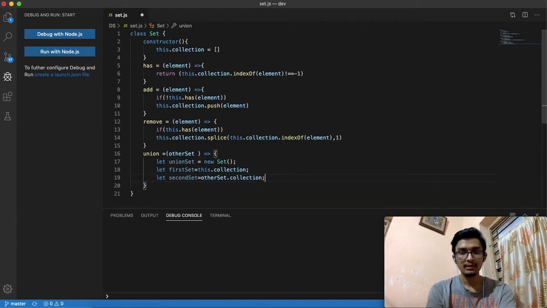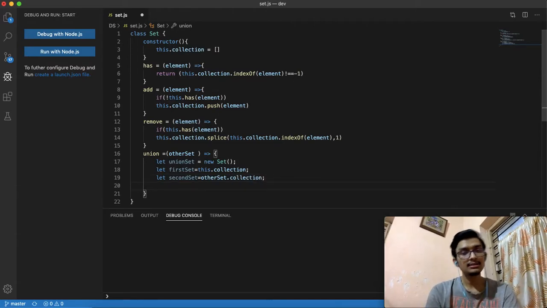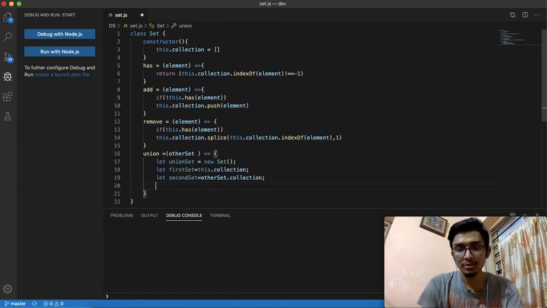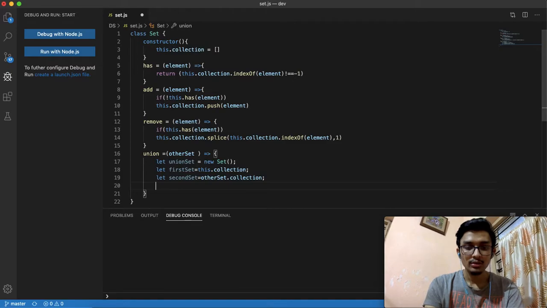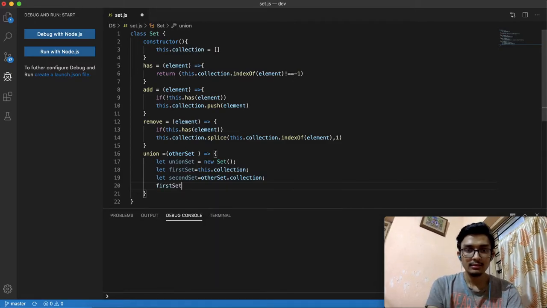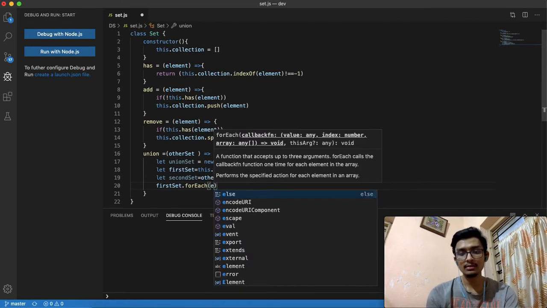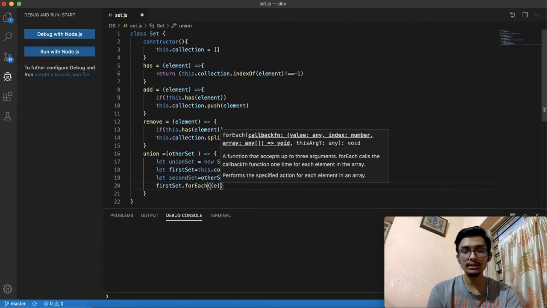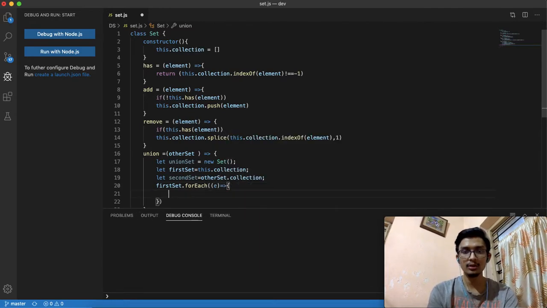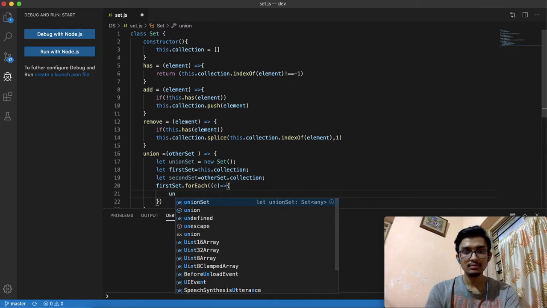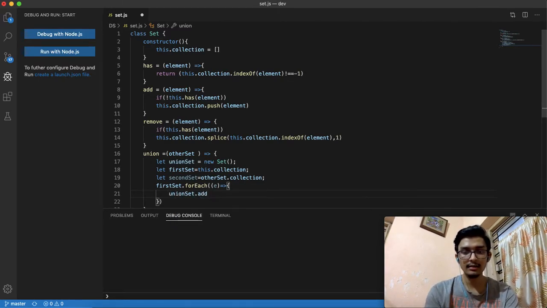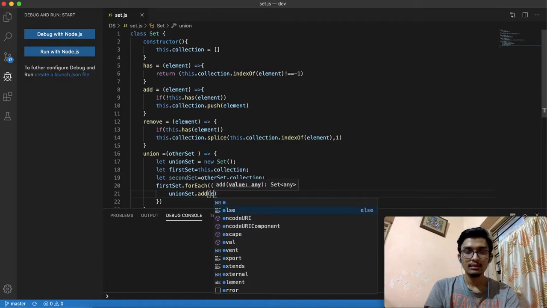Okay. Now what will I do? I will just add both the sets to my union set. Okay. So firstSet.forEach. forEach is like a loop. It will loop over every element of the array. So e is each element of the array. So I will add e to union set. unionSet.add(e). Now what will I do?